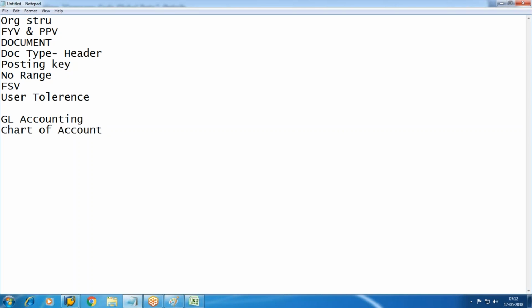Chart of account. So what is chart of account? This concept is not only available in SAP, other ERPs are also using the same concept. I know in Oracle also they are using the same concept. It is the list of GL. Chart of account is the list of general ledgers, and at chart of account level we are going to define certain parameters like length of GL, language of GL,